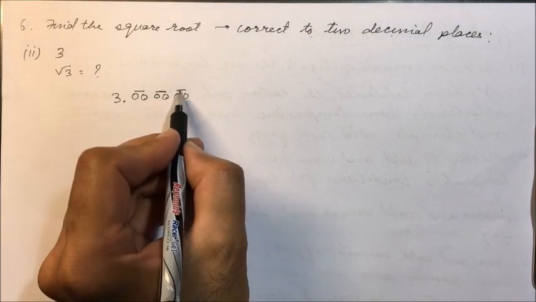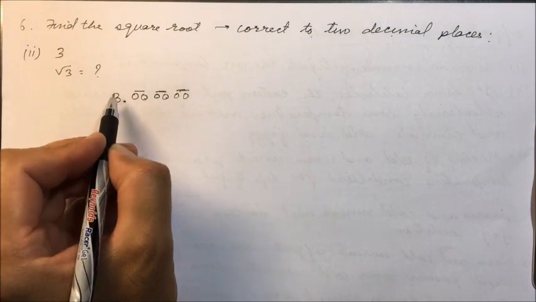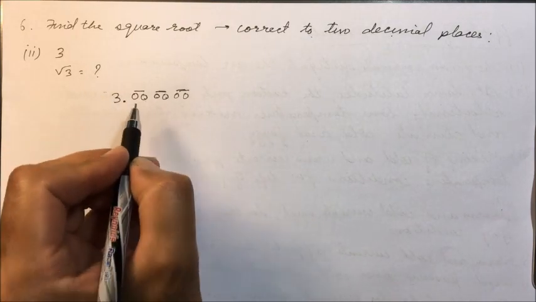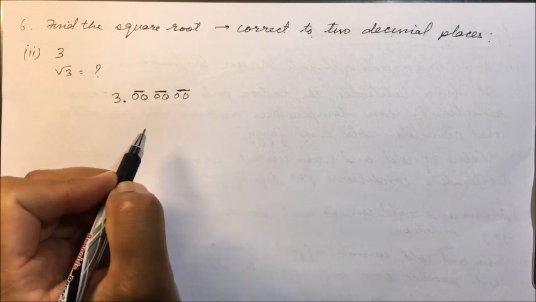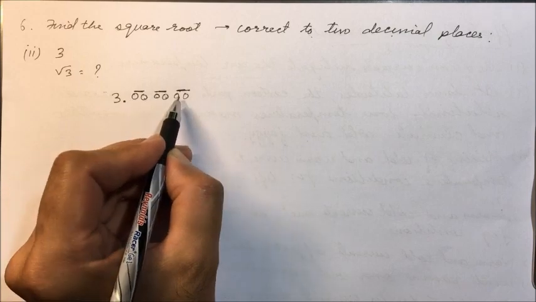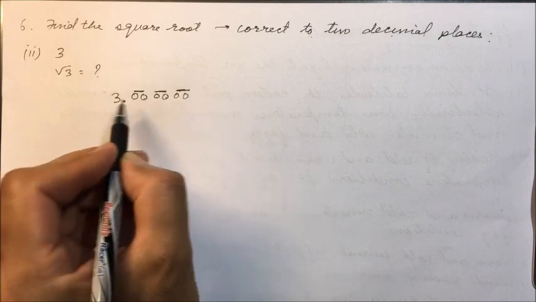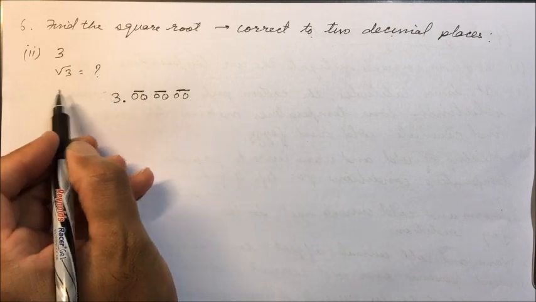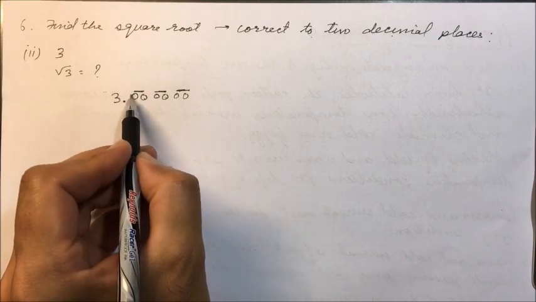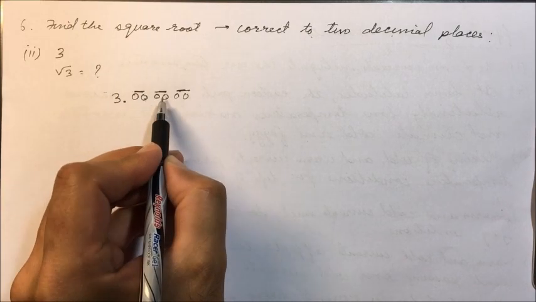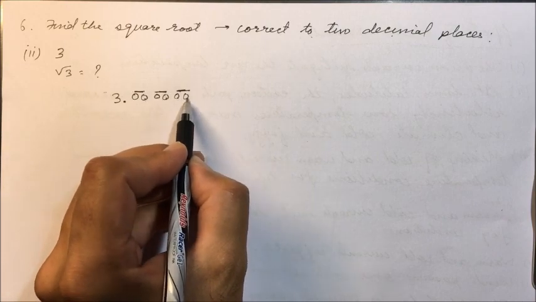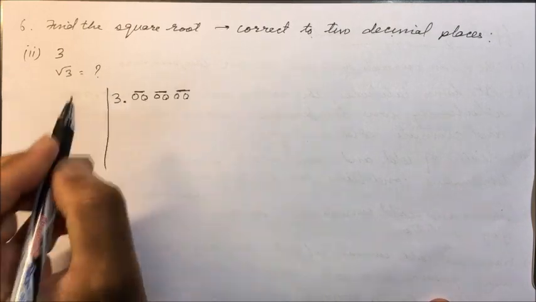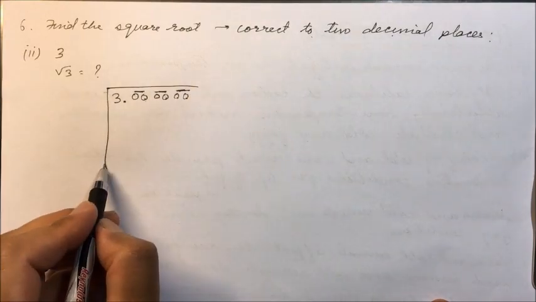Whenever decimal is there, we start from this side pairing, and decimal to this side pairing. To the right if you are moving, we will start from here, and left we are moving, we will start from here. So 1 decimal place we will get from this pair, 1 decimal place from this pair, third decimal place from this pair. Now we will be calculating its square root.